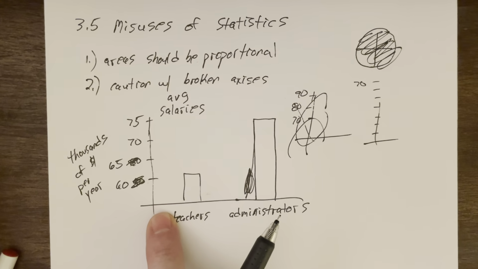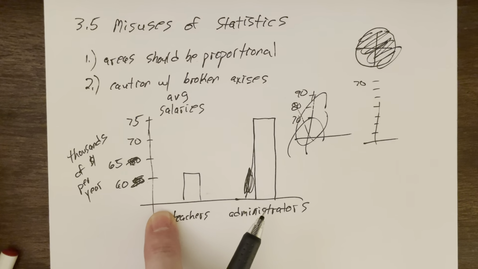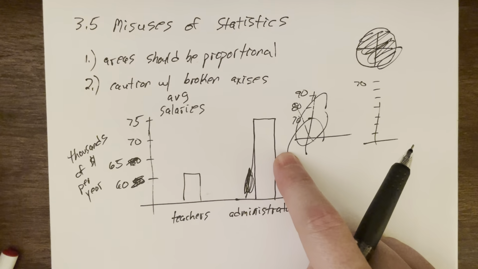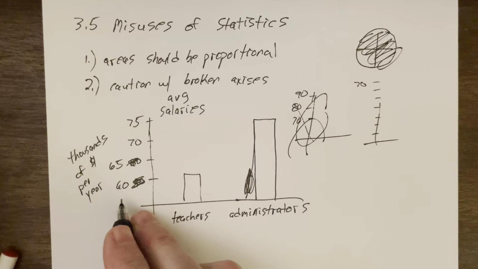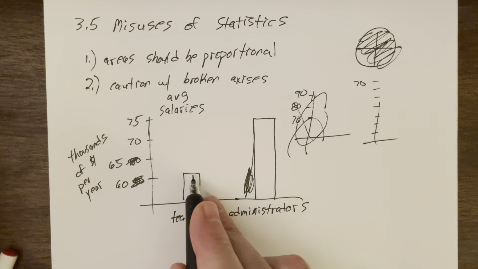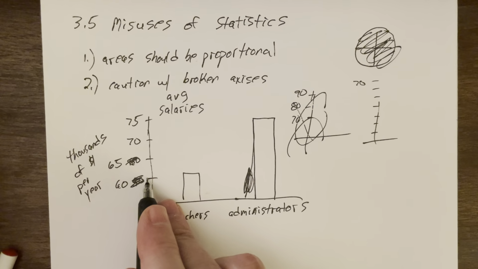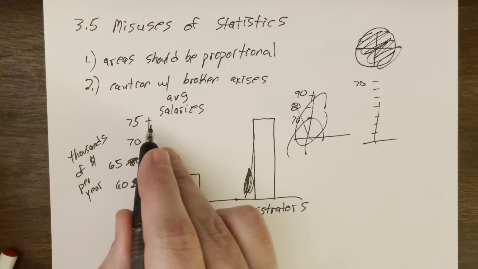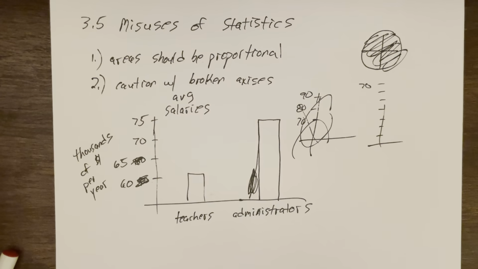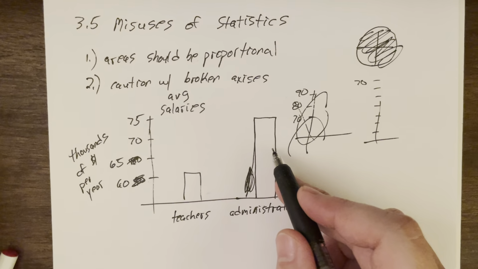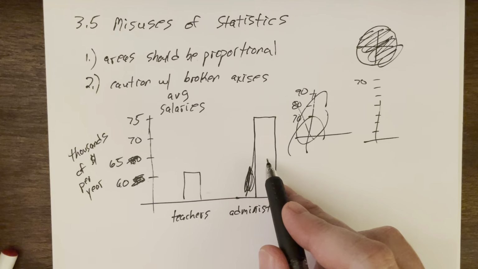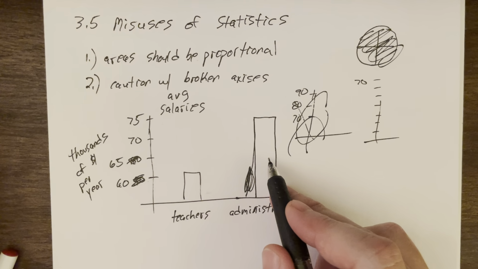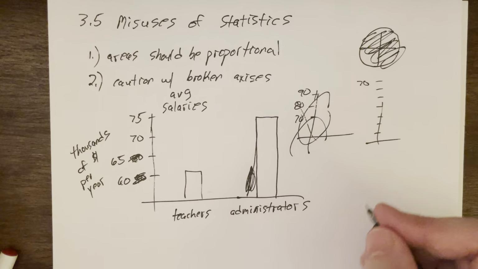I'll show you in just a moment how this should have gone and how much closer these bars really are. But by making a big jump and basically starting this off at $60,000 a year, so teachers on average are making a little over 60, administrators, I was aiming for a little less than 75. So it is clear administrators are making a significant amount more than teachers, but it's not double or triple the amount. And if we did this correctly,